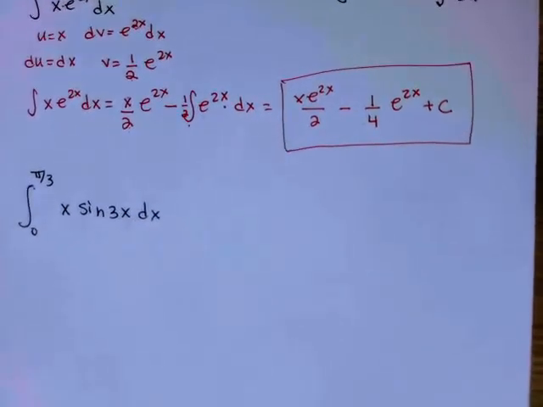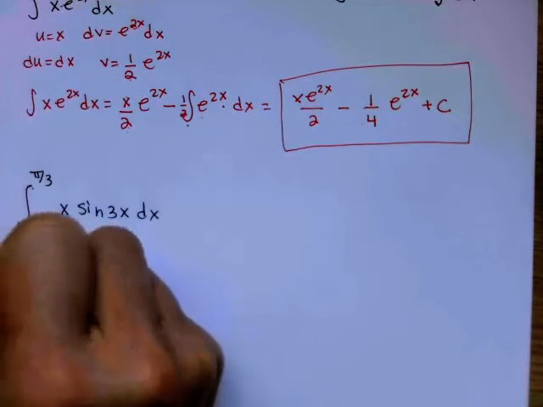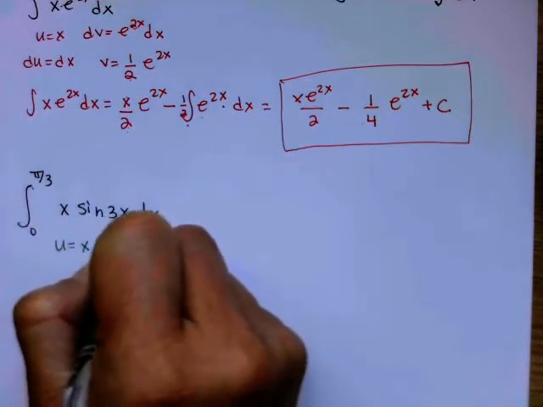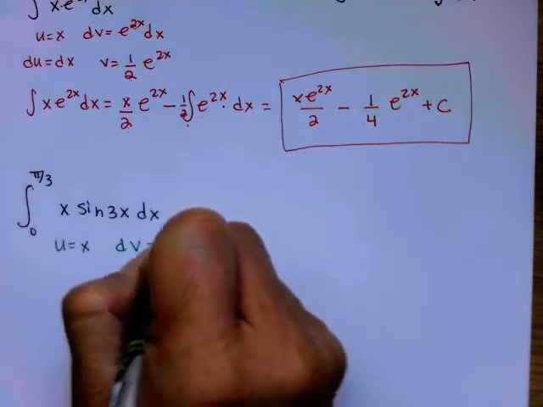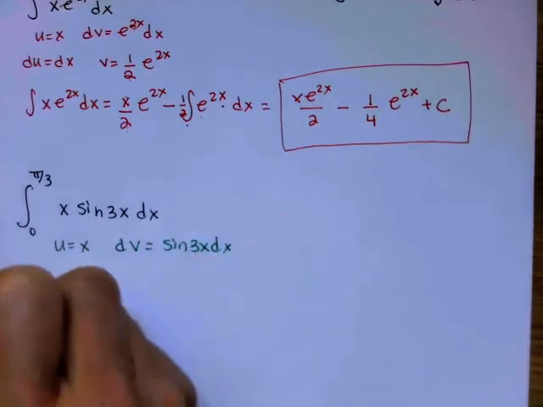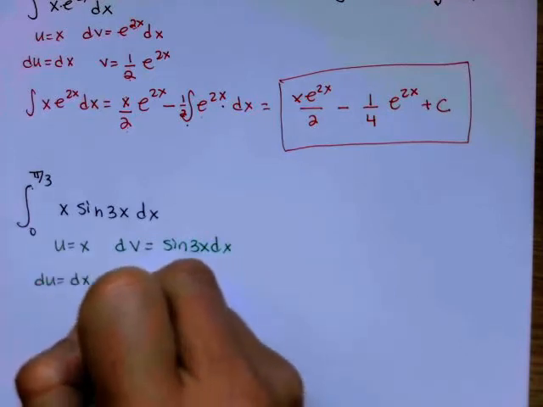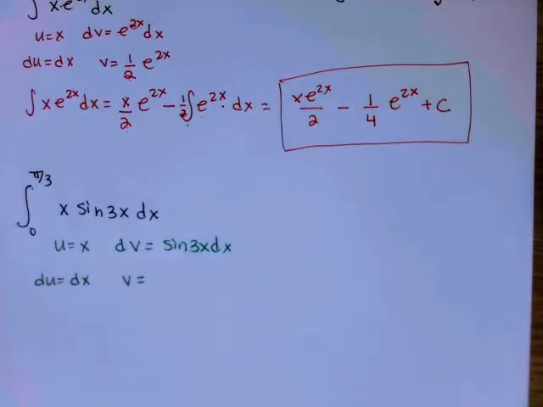All right, so we've done this enough. I know that you know what to choose to be u. So u will be x. So then dv equals sine 3x dx. du equals dx. And v equals